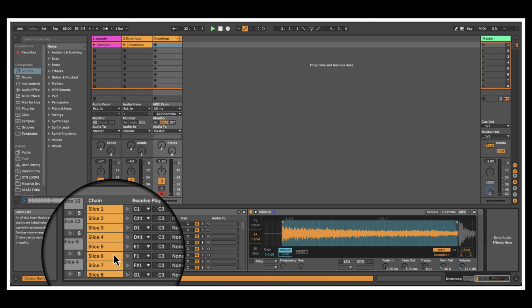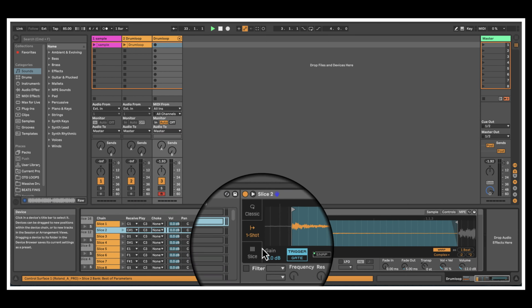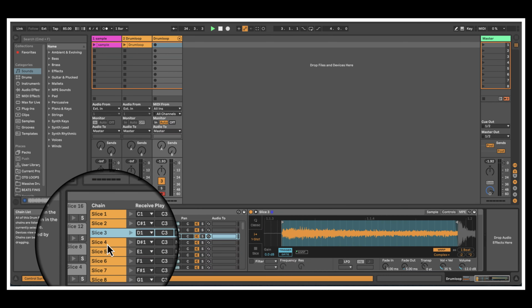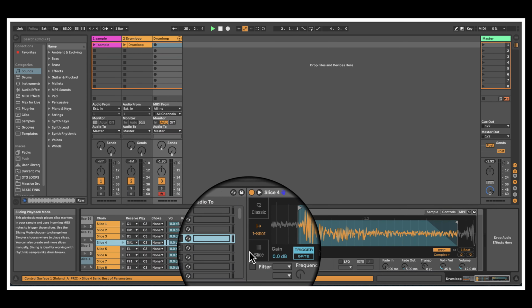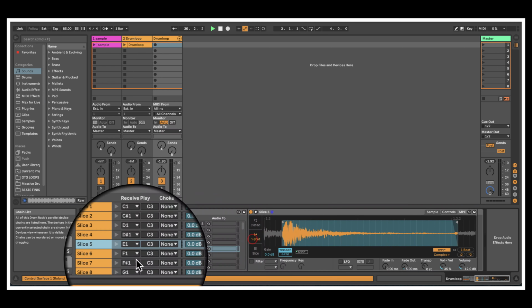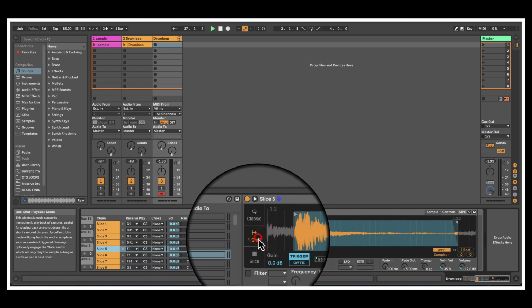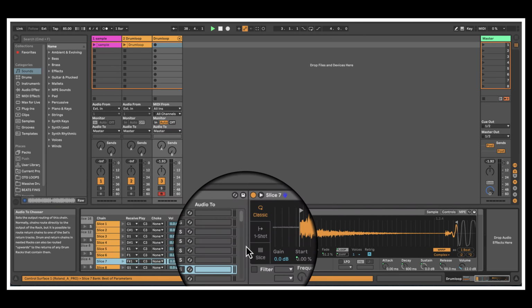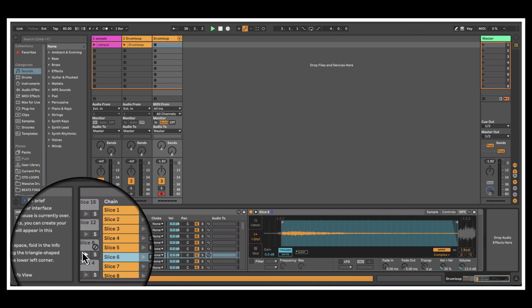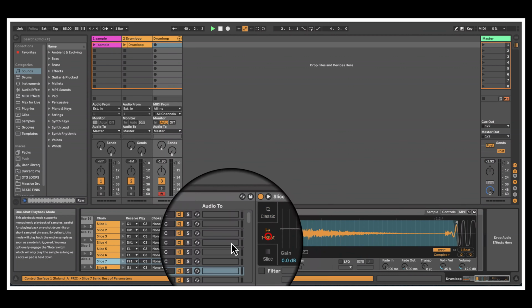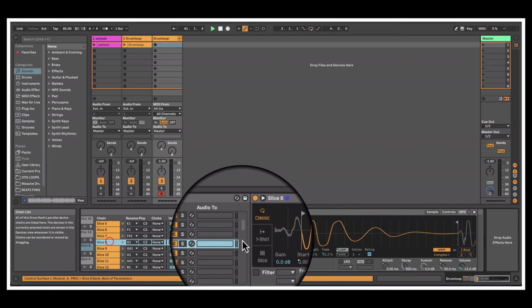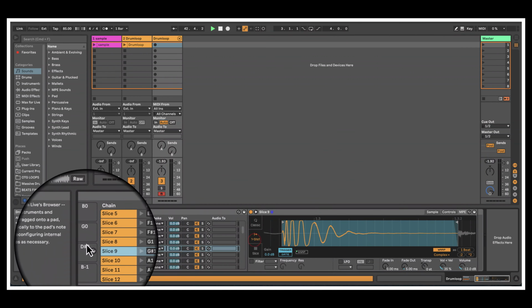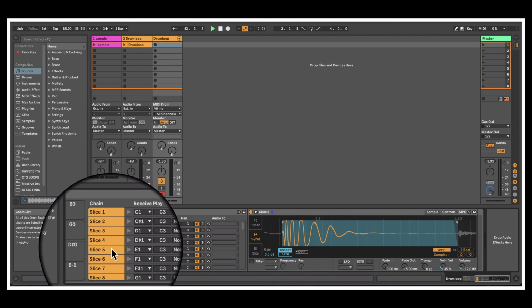So the better way to show you is just to grab it. See, 1 shot, slice 2, slice 3. If I use my arrow key, I could just go down. 4, 5, 1 shot. 6, 1 shot. 6, there we go. 7, 1 shot. 8, 1 shot. 9, 1 shot, right? So